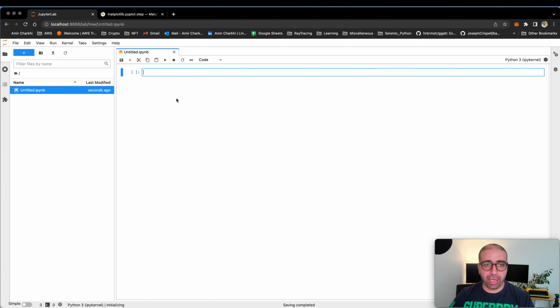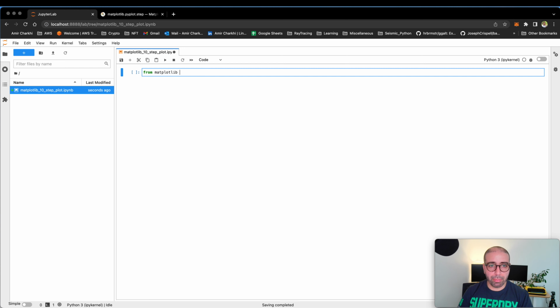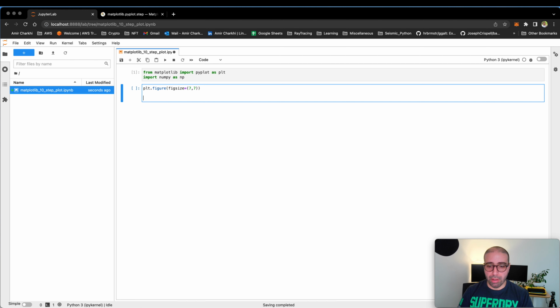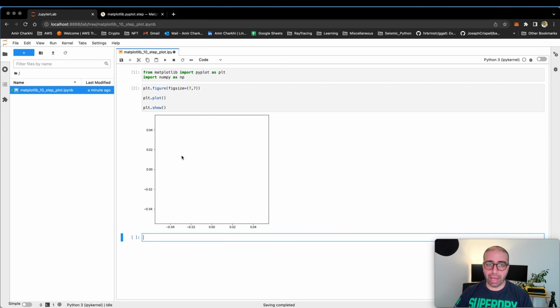Welcome back. Let's start by making a Jupyter notebook, giving it a proper name, lib_number 10, and this one is for step plot. Import the library Matplotlib, import pyplot as plt, and import numpy as np because we will need numpy. Like always, I like to make a blank canvas of figure size 7 by 7. The function we're going to be using today is first plt.plot, then we will move to the step plot, and then plt.show. So if you run this, this is going to give you a blank canvas, but we